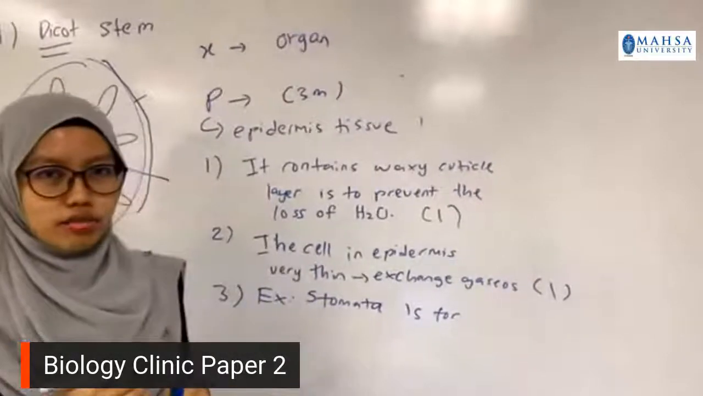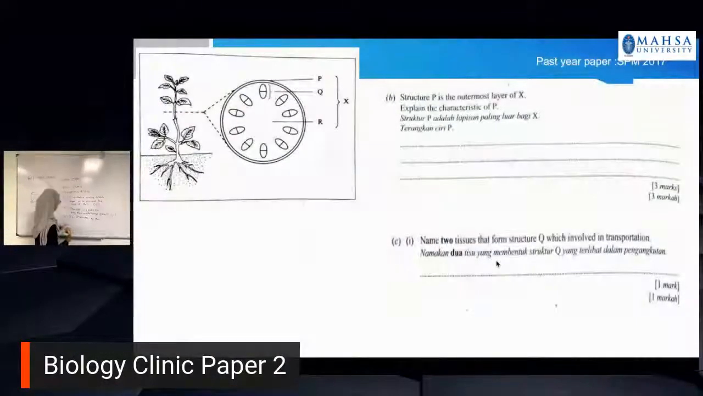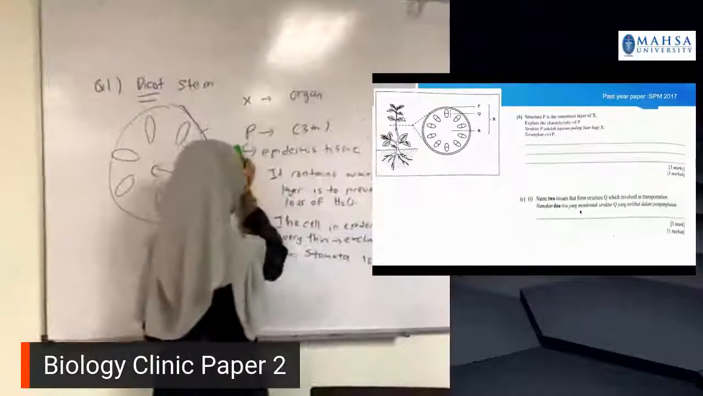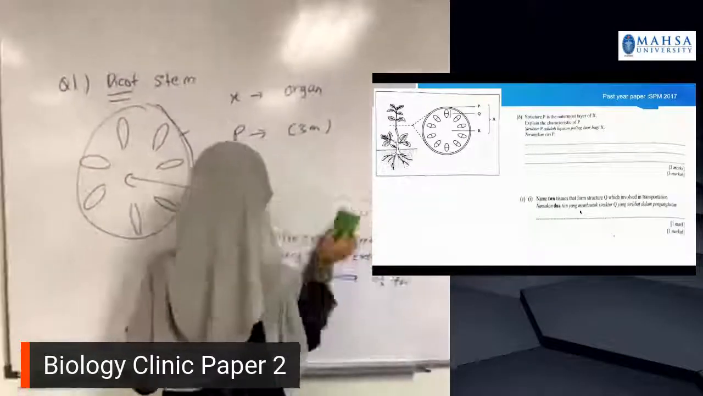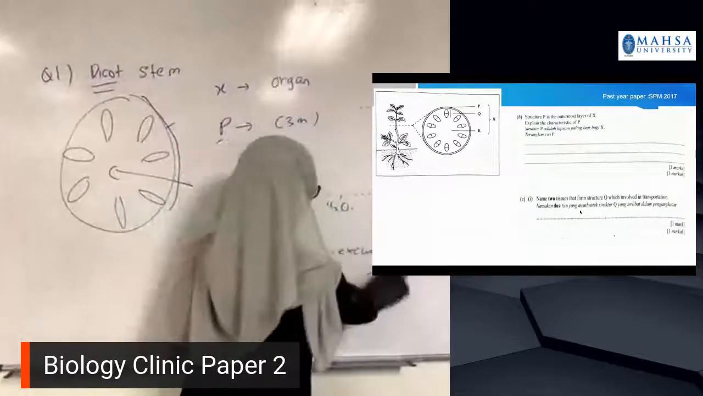Alright. Can we move on to the next question, Sir Alex? Sure. C1. Name two tissues that form structure Q which are involved in